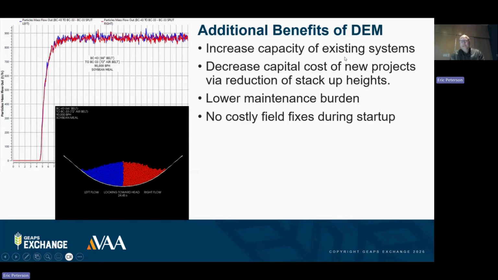So other benefits include increasing capacity of existing systems. Like I mentioned before, if problematic loading is forcing you to run at 70% speed and you can only receive so many trucks per day or ship so many vessels per year, obviously, maximizing the throughput capacity can shorten the time it takes to receive a truck or load a ship or